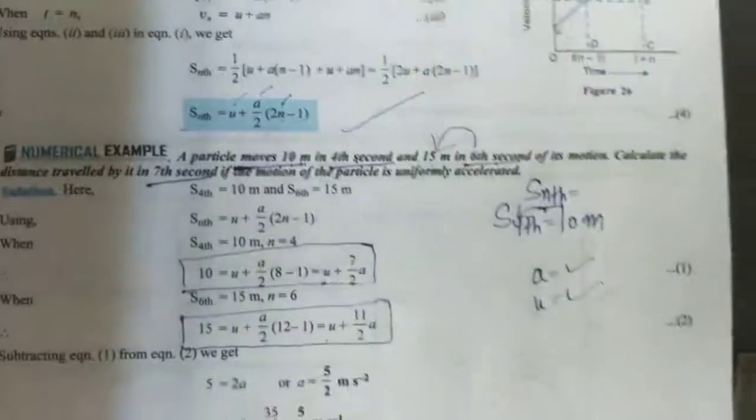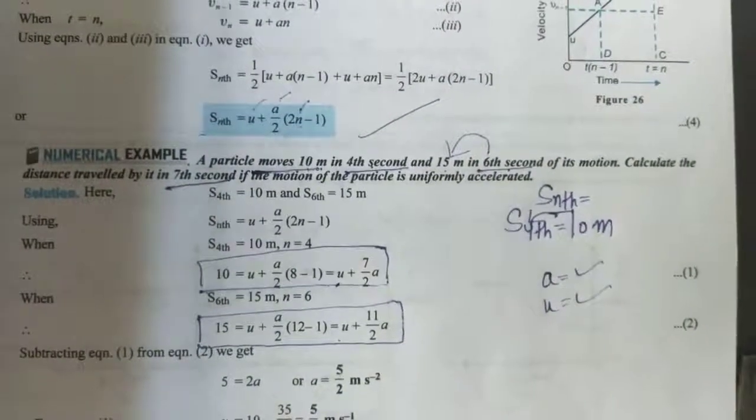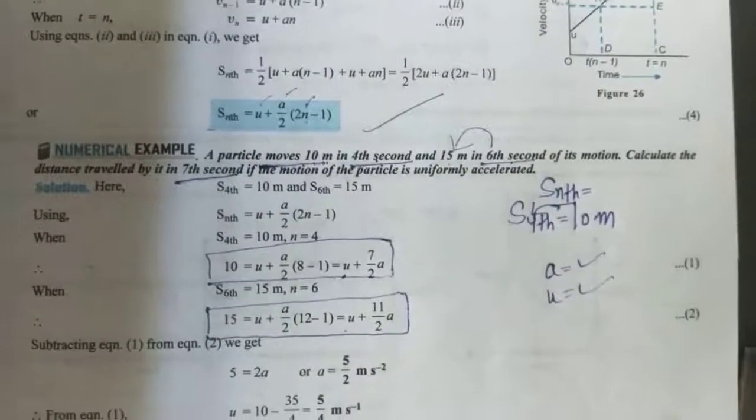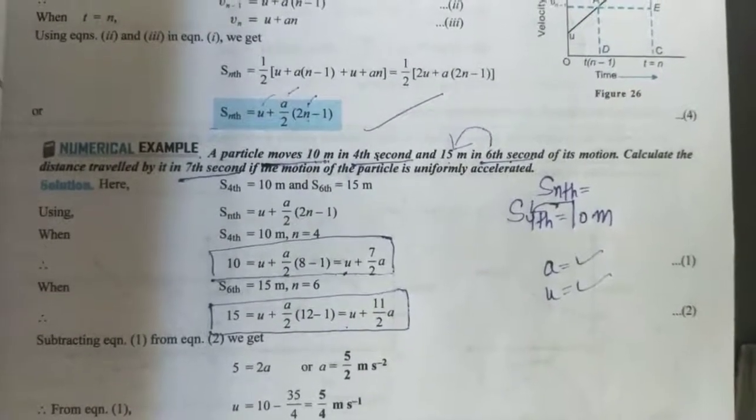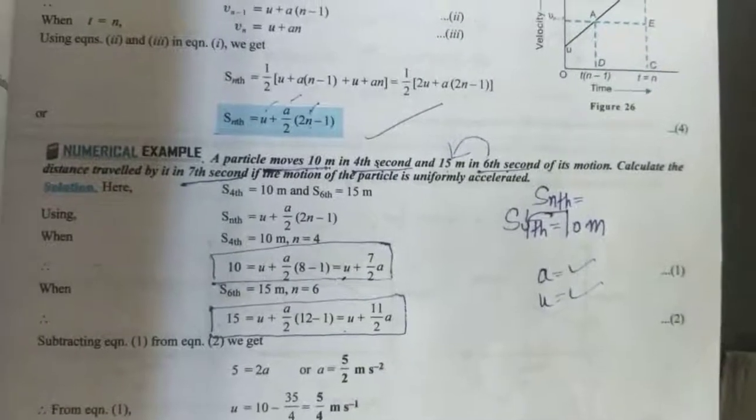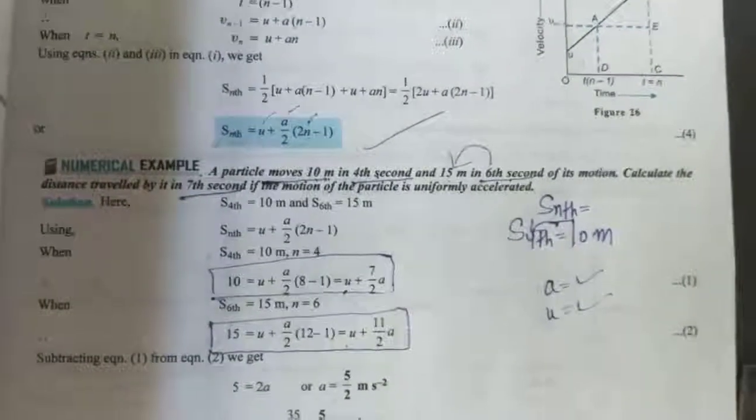So note down this numerical by pausing the video, and this is a numerical related to this concept. The concepts we are doing now, we are doing one numerical for each of these types, so the concepts can be clearly understood by you.